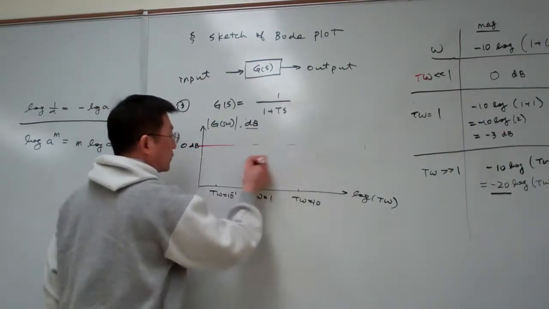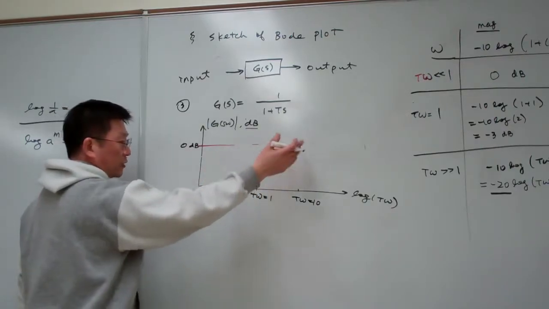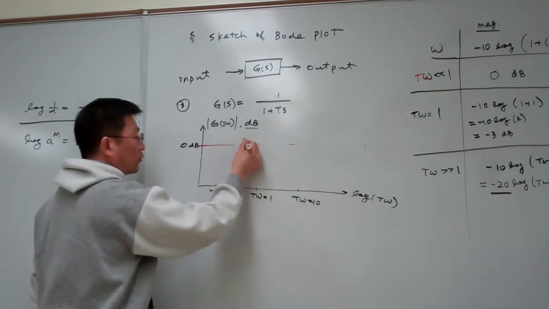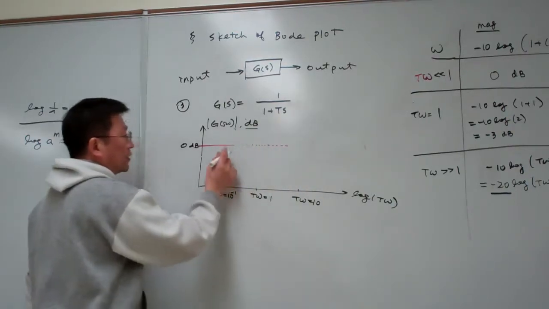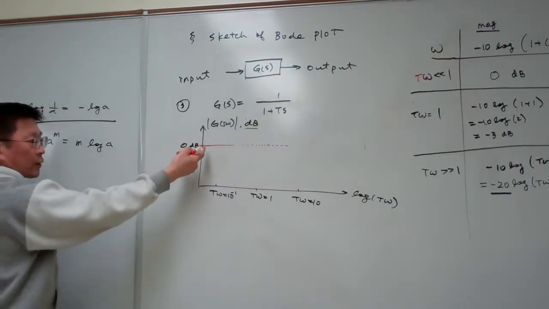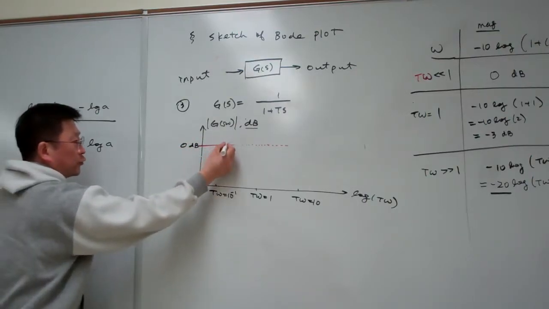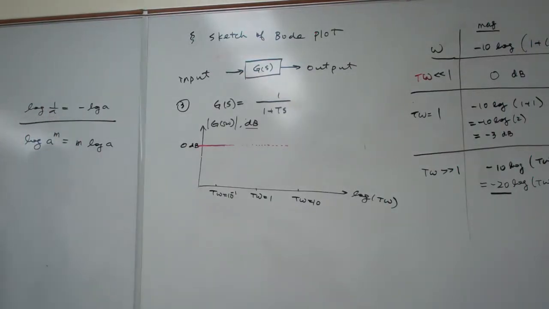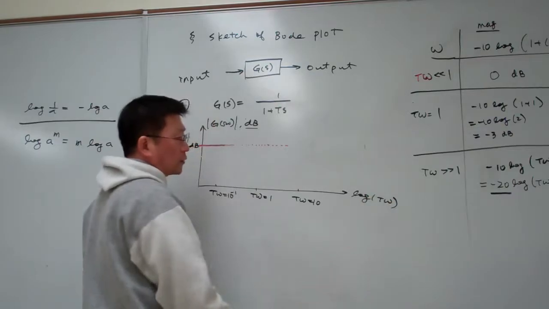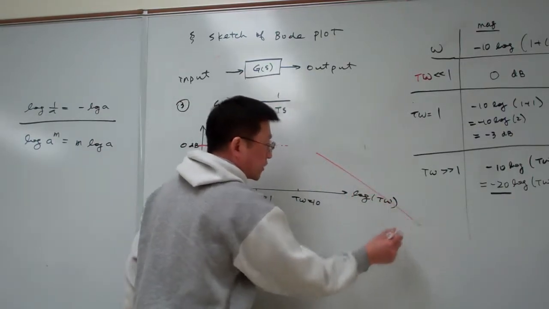But when T omega becomes bigger, that won't be the case. So here I am using the dashed line, but we know when T omega is small, that is for sure, so I use a solid line. And when T omega becomes very large, we know that it becomes something like